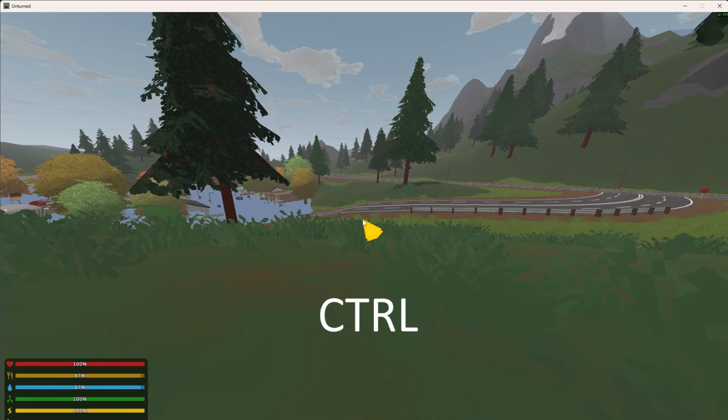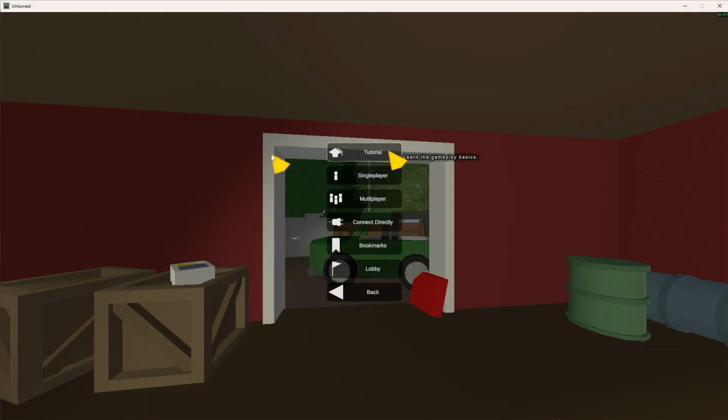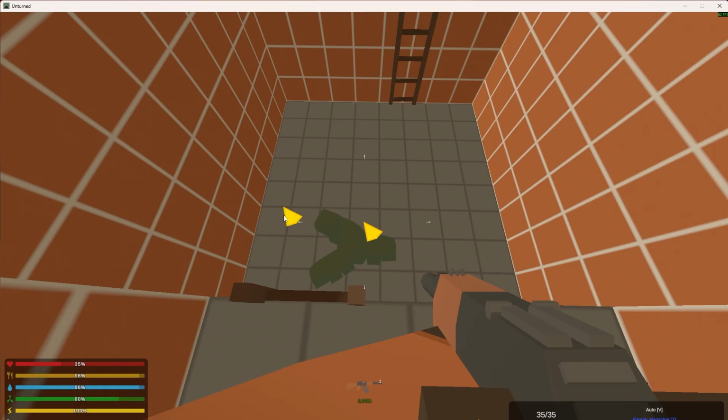Adjust the mouse sensitivity or camera sensitivity in the game settings if movement of the camera feels too fast or feels too slow. Play the game's tutorial or training mode to practice control safely. Practice moving and aiming at the same time to improve coordination. Continue playing regularly to build muscle memory and improve your